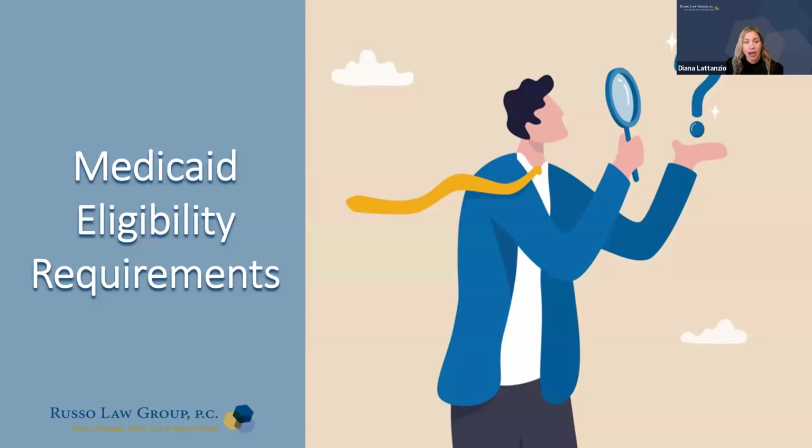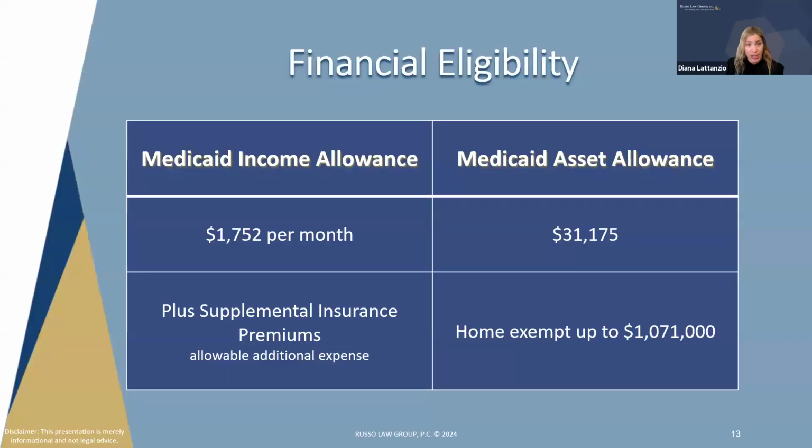Now we're going to discuss Medicaid eligibility requirements. So like I said, usually a Medicaid Asset Protection Trust, that's why it's named that way, is an irrevocable trust, but one of the goals normally for the clients is that it will qualify them for Medicaid benefits if they should need that during their lifetime at some point. So what you have on the screen right now are the current thresholds. These numbers change yearly. Generally in January of every year, the numbers get adjusted for the cost of living adjustment.